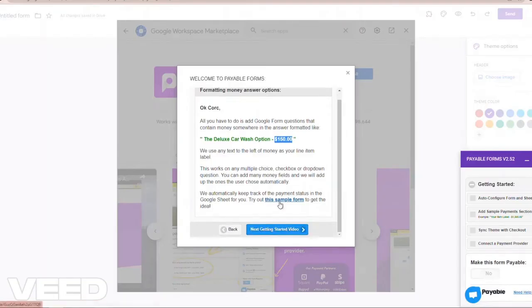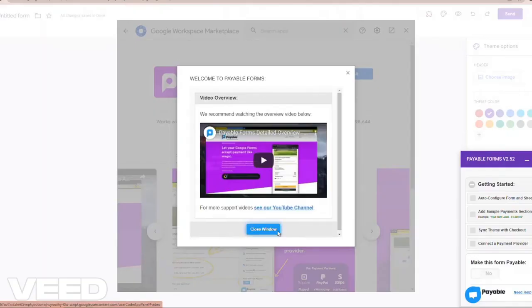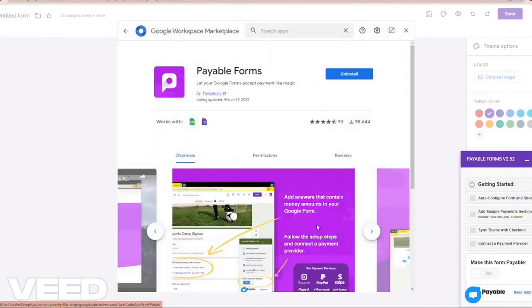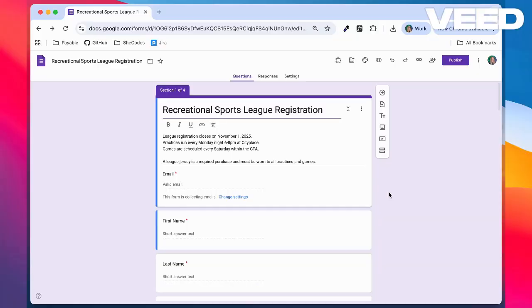When respondents complete your form, they'll choose any payable options you've created. And our add-on works by tallying these chosen responses that contain a price and creating an invoice based on their chosen items. All right, now back on my form, you can see the questions I've created to cover all